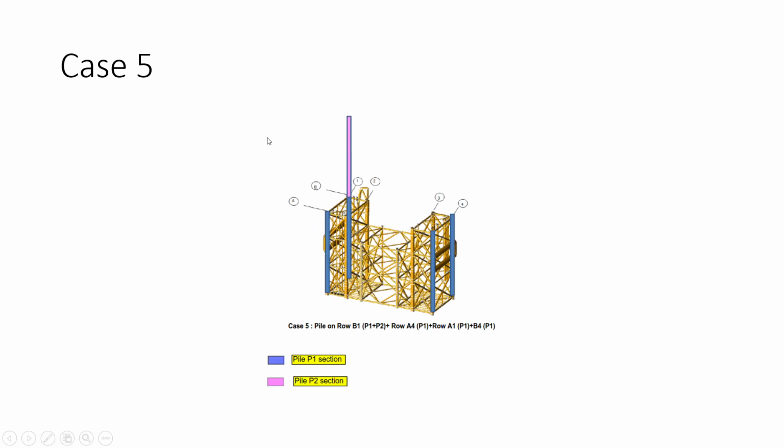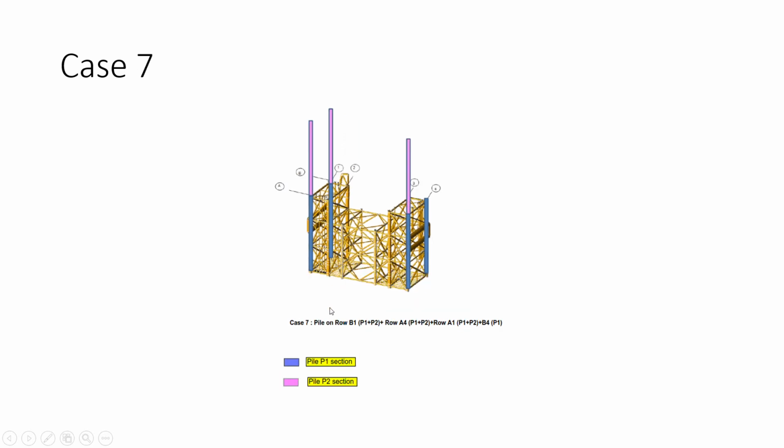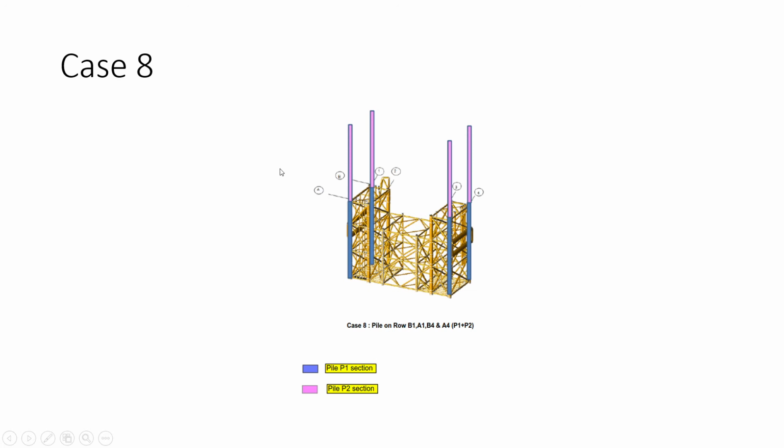Again you have to check all three parameters here, and this you also have to check for case 6, case 7 and case 8. So this will be the governing case for bearing. Here you will have more load, so from this case only you have to come up with the bearing area. You will have more bearing pressure for this condition, so you have to size the mud mat area. This is the governing case.